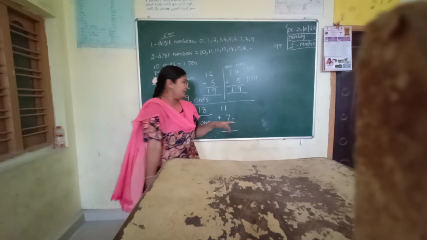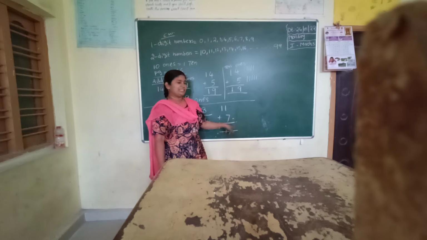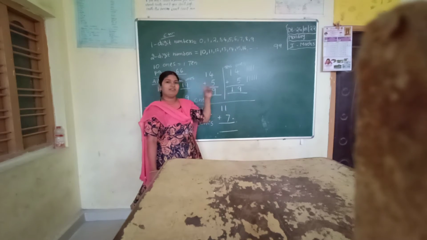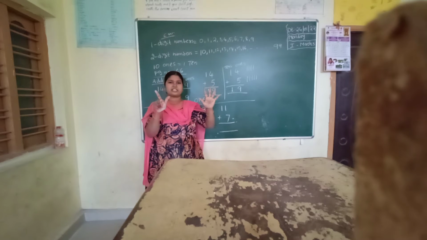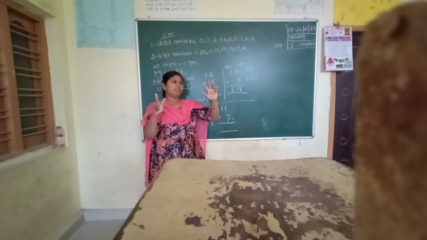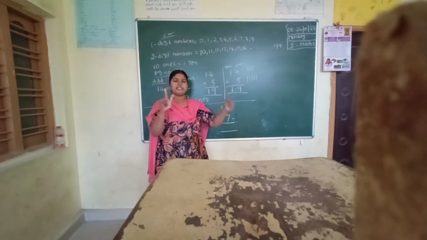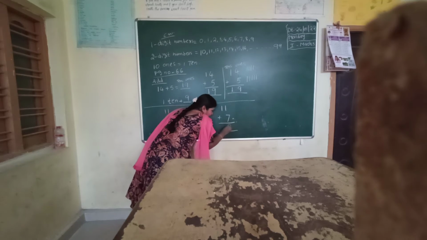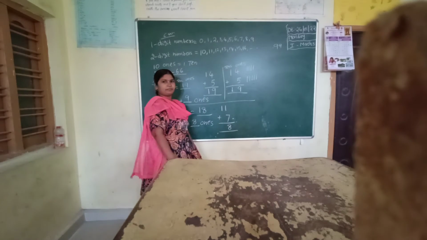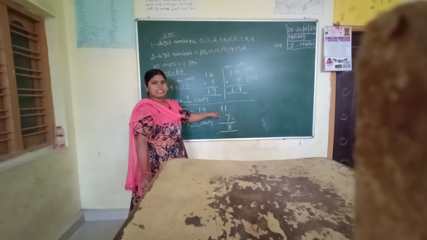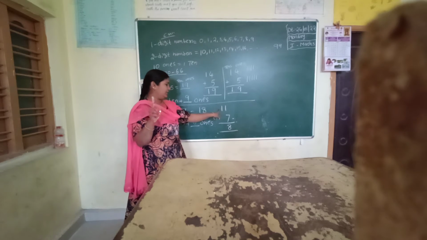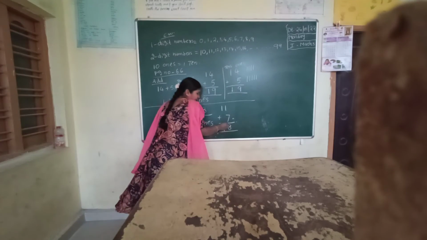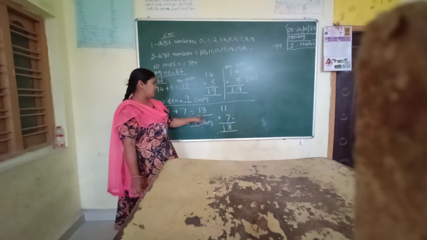See how. Now I am doing the ones place addition first. Keep 1 in the mind. Next, which number is there? 7. Take 7 fingers. After 1: 2, 3, 4, 5, 6, 7, 8. What is the answer, children? 8. You have to write it straight in the ones place only. Next, the tens place. In the tens place we have only one single number, and no other number is there for adding, so directly write it down. 1, 8, 18. Here also we got the same answer.